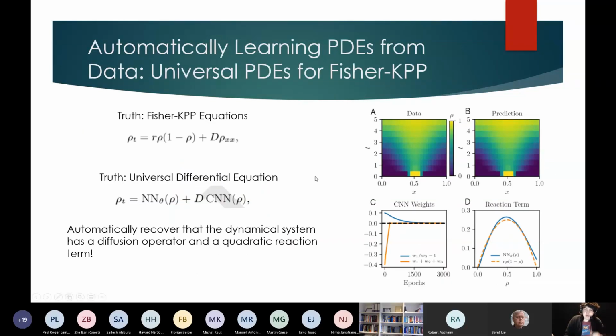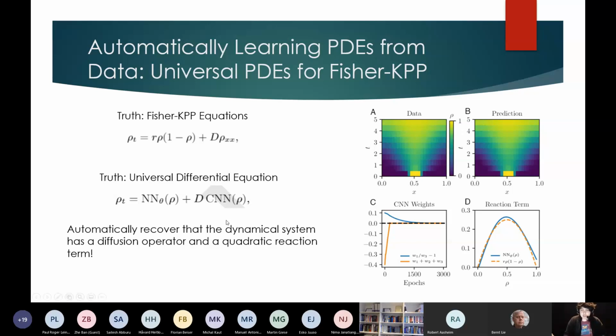And so this is an example of that, where here is a semi-linear partial differential equation. We model the nonlinear term by a neural network. We model the derivative terms by convolutional neural networks. And by training the convolutional neural network, you can learn things like, well, the weights of the left and the right portion are equal, and the weights all sum to 0, which means that this is a constant times 1, minus 2, 1.